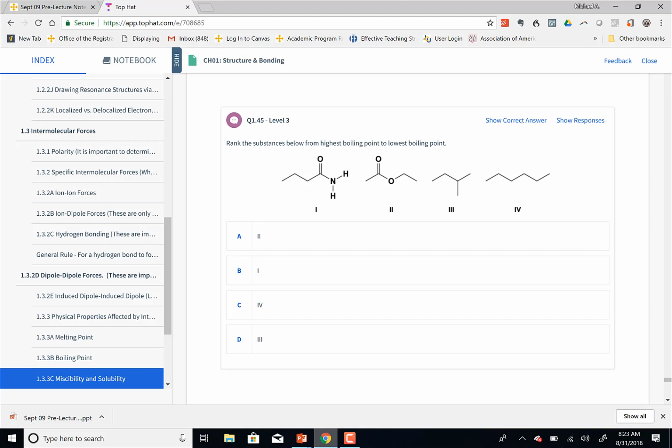So really, when we're talking about higher or lower boiling points, it really just boils down to intermolecular forces. So you have to identify what intermolecular force is going on, and we could talk about stronger intermolecular forces between two molecules. We could say, for instance, if I go back here,